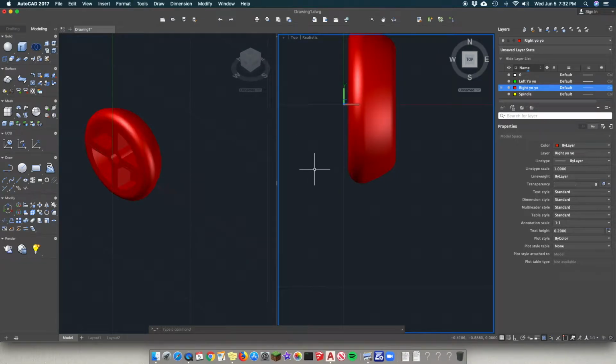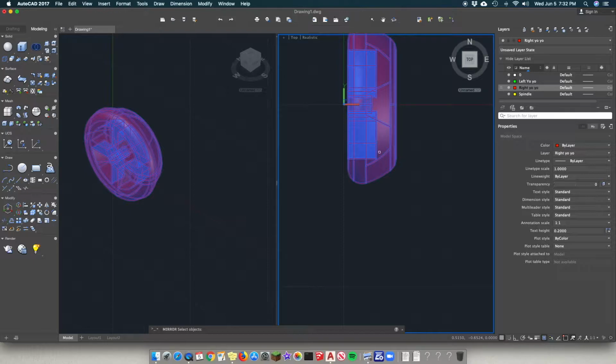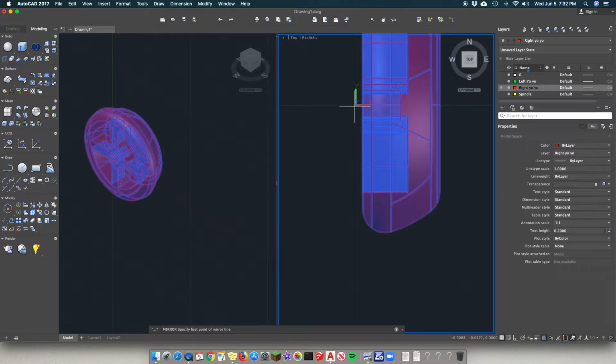Okay, so we're going to try mirror, M-I-R-R-O-R. Enter. The object we want to mirror is the right yo-yo. Then I'm going to hit enter. Then it says specify first point on the mirroring line. We're actually going to mirror it exactly on the UCS itself. So I'm going to hover until I get,